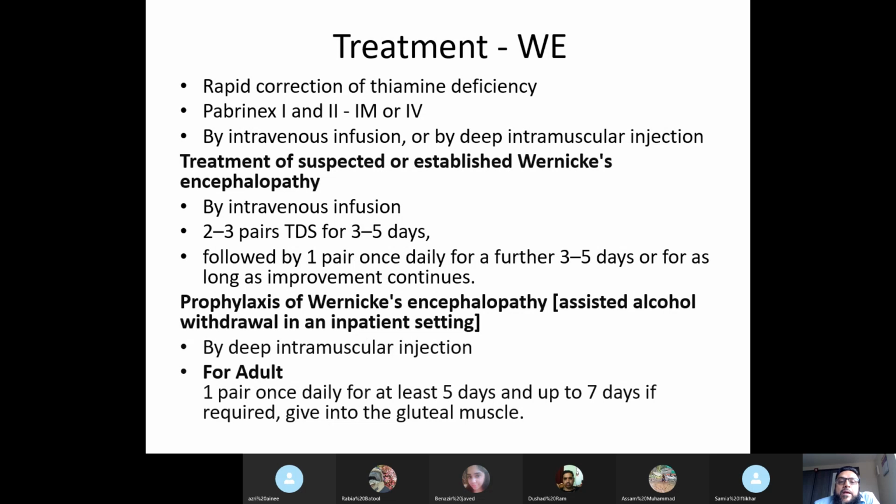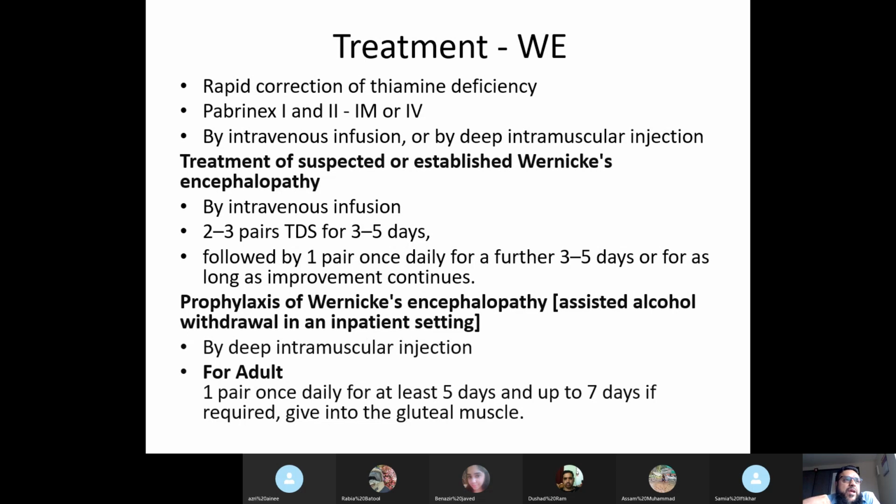So Pebrinex is a combination, mainly of thiamine, vitamin C, and other vitamins, but it is not available in Pakistan and India. So we'll talk about the alternatives in the next slides, what you can do instead of Pebrinex,